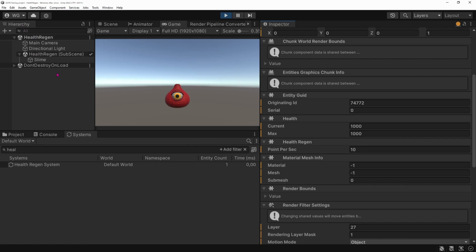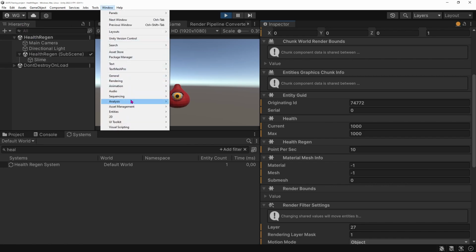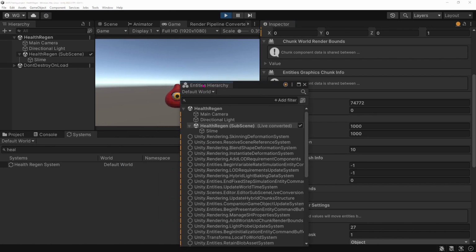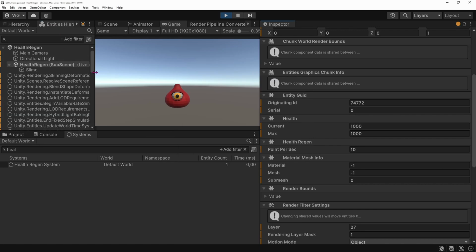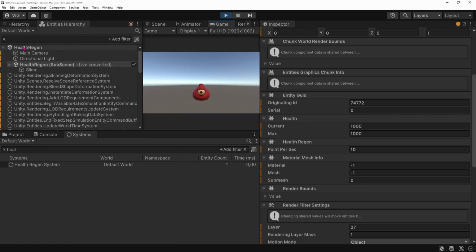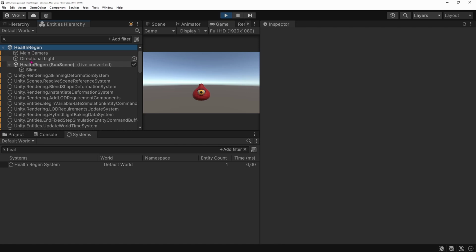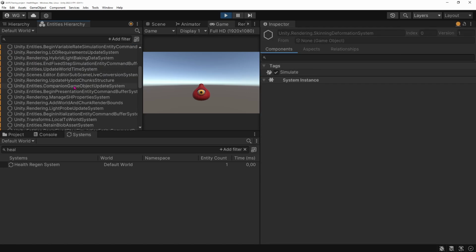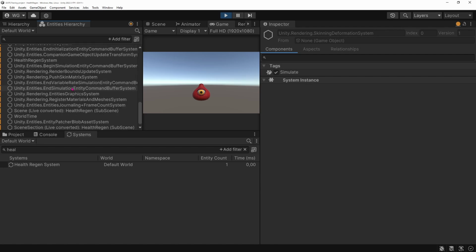For the hierarchy, you have the hierarchy for the game objects, but you also have, like I've said, the hierarchy for the entities, which is similar. You find again your main scene and your subscene with the components, but you also have a lot of other entities that are defined by the default game loop, including, for instance, the world time.